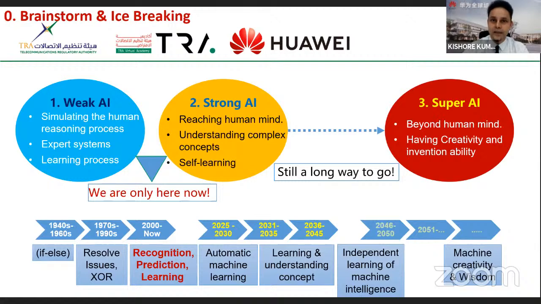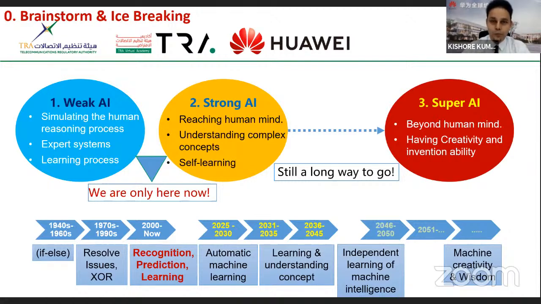Then self-learning, that is also another key ability that we want our machines to gain. That means that right now we are teaching our machines, and our machines are learning through the mechanism of machine learning and deep learning. But the process has already started with a name called AutoML. So in the next era of AI development, we want to see our machines learn all by themselves, given they have lots of data.